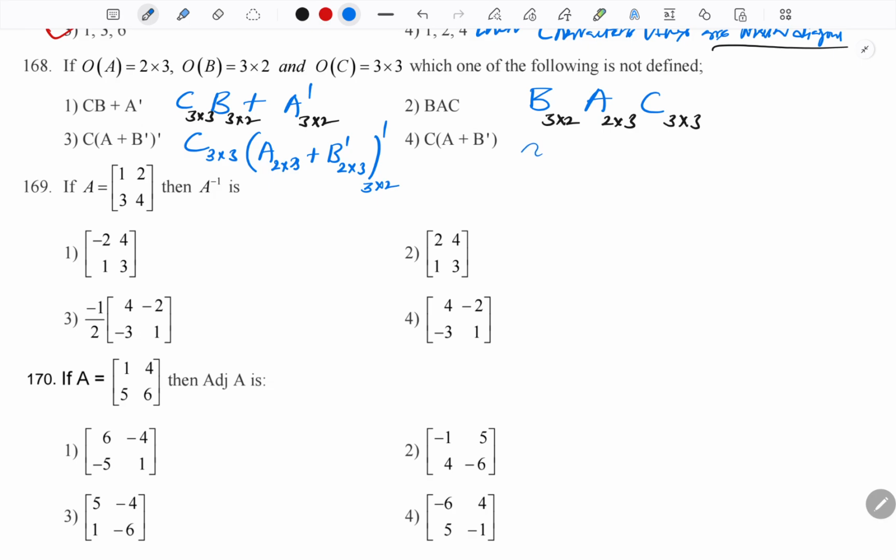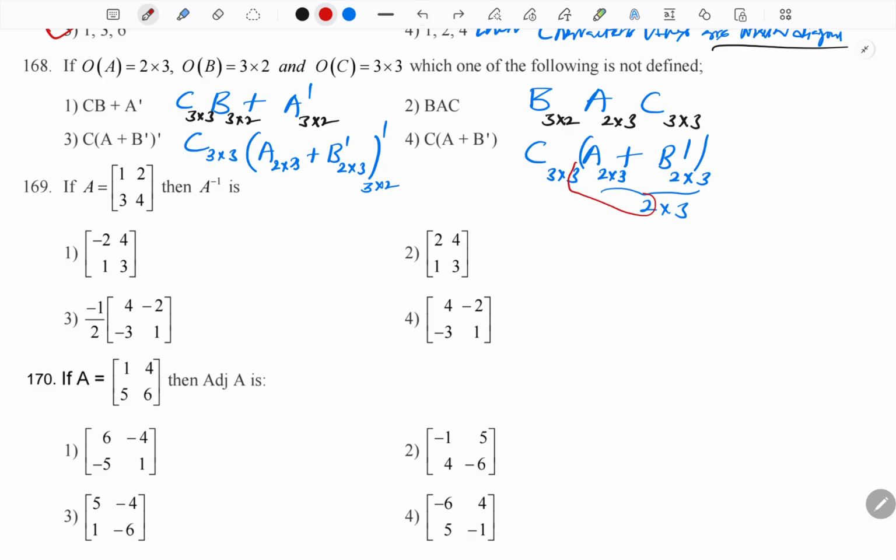C. What is the C? C times A plus B transpose. What is the C order, students, here? 3 by 3. A order is 2 by 3. B transpose, it's the transpose of B, right? 2 by 3. Now observe, this is possible first of all. Yes, possible. Then this resultant we will get 2 by 3. But here students, observe, if you want to multiply these two,